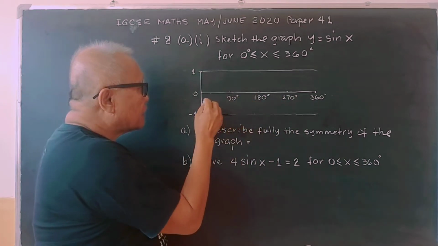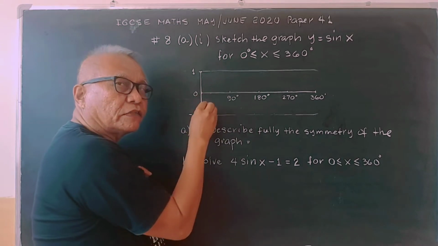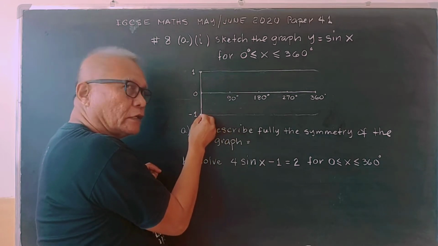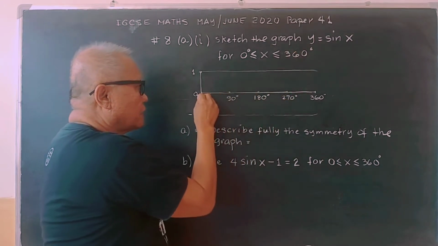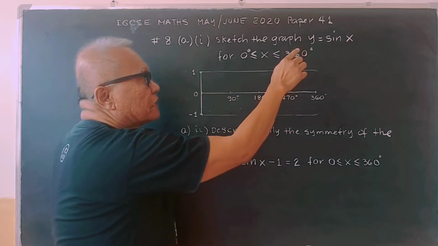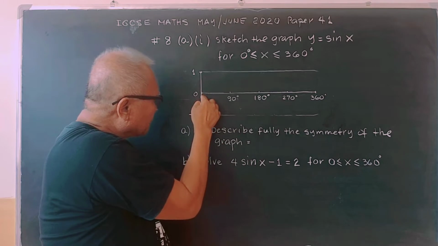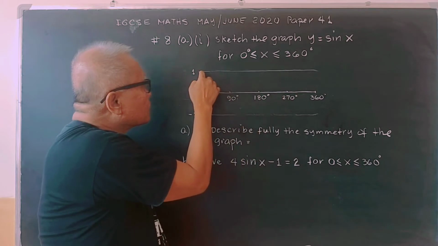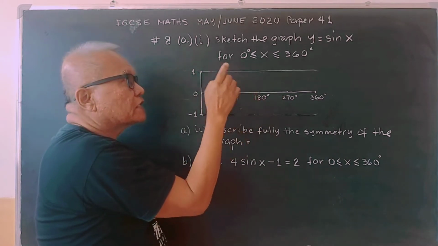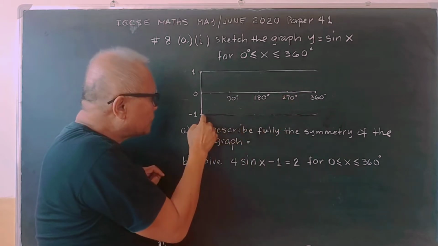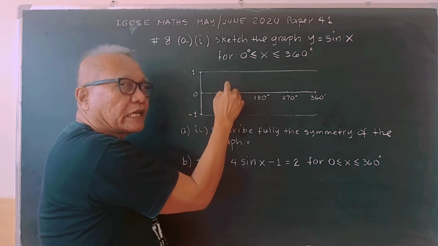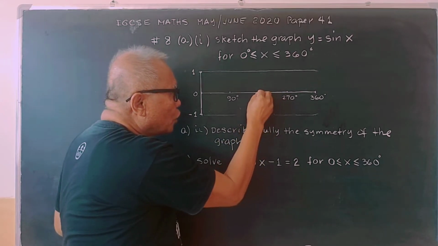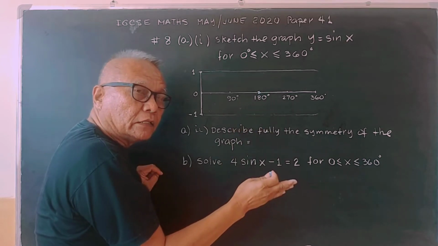Now, for sine, sine starts on the 0 here. If that is cosine, it will start on the 1 here or here. If that is positive, then we go up first. If that one is negative sine x, then we start here and then we go down. If that is cosine x positive, we start here. If that is negative cosine, we start here. And then, like that. So, when it is sine, it will pass through the center or the middle of 360